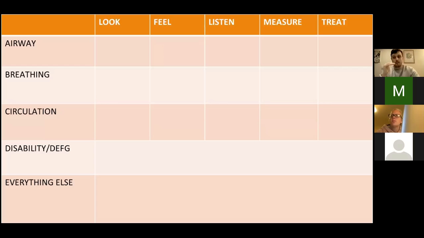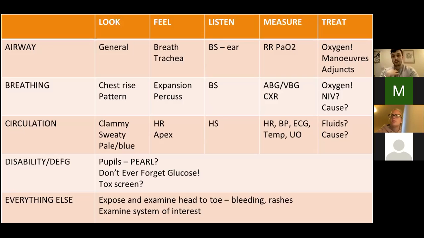From assessing a patient from an airway, breathing, circulation point of view, it's also important to look, feel, and listen, and then you can measure and treat as you go. So everyone will hopefully be familiar with A, B, C, D, E. And starting with A, we always look at the patient. So if they're alert and breathing, that's always good. So having a look, if they're comfortable, if they look short of breath, if they are breathing, and then you have a listen. If they're audibly wheezy from the end of the bed, then that's concerning.